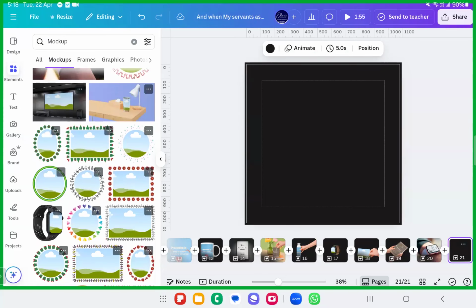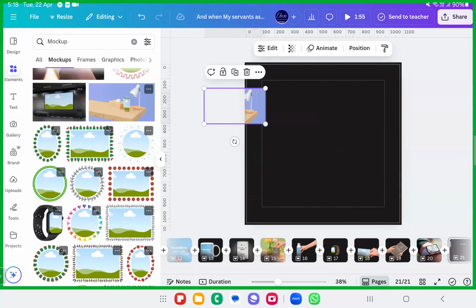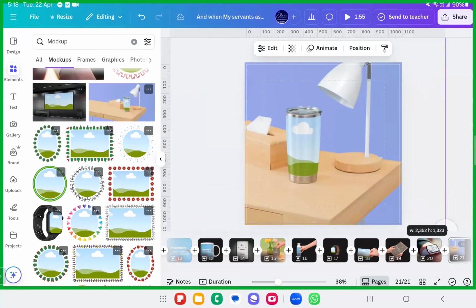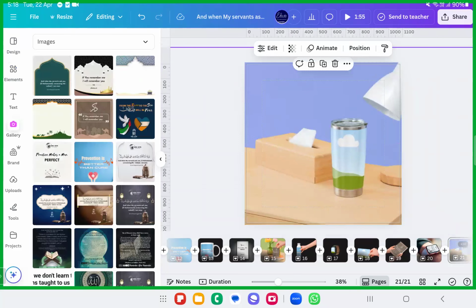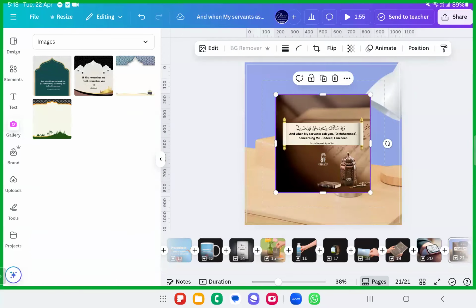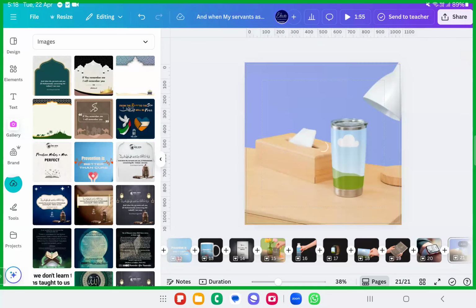For example, think that you have something like a table in this one, and now you want to place your image inside this mug. You can just go ahead with the gallery, take your image, whatever you have designed or what you want to design and put on this mug, and put it over there. Any doubts, dear sisters and brothers? Hopefully you are not having any doubts, because this is a very easy task. You just have to drag and drop it, that's all.